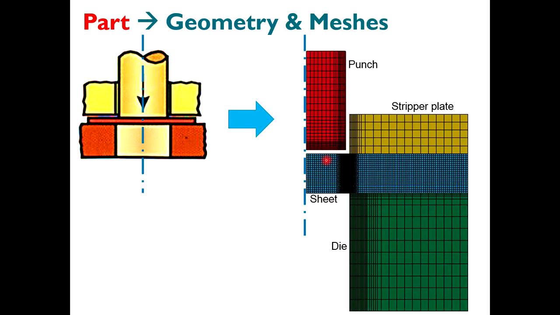So here you can see this is the mesh, right? The mesh, okay, and the stripper blade or blank holder. Here the sheet, or we can call it blank, okay, and the die. So here, as you can see, I already made some very fine mesh in this area,